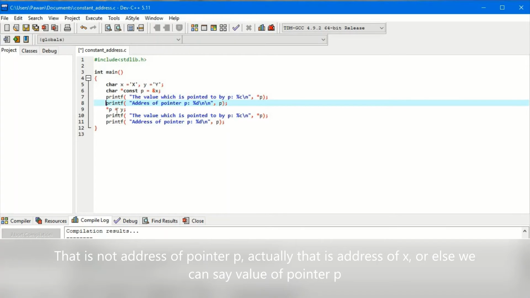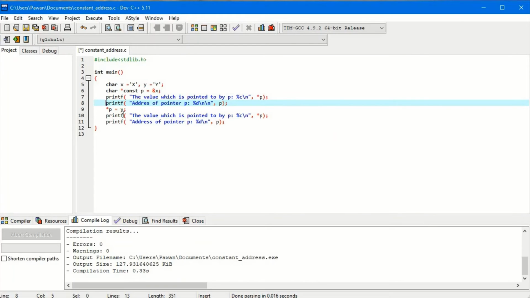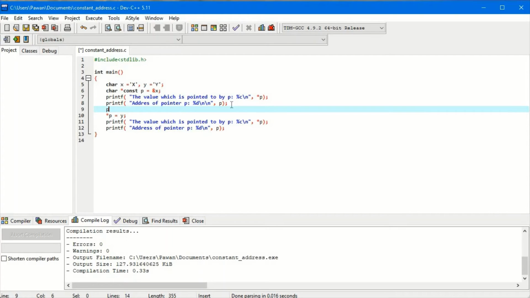In another statement after that we are saying asterisk p equals to y, so we are assigning y to asterisk p. Now here remember guys, you cannot write p equals to address of y.